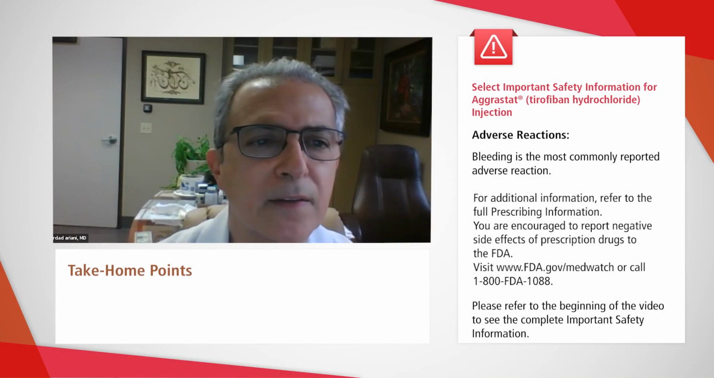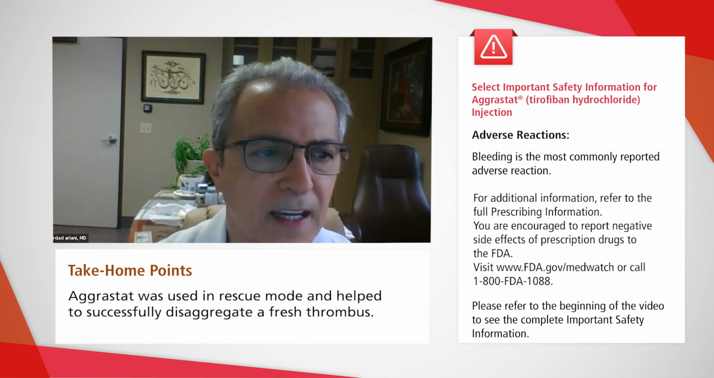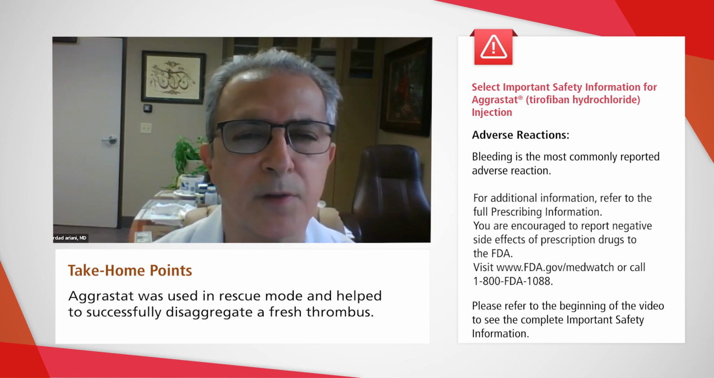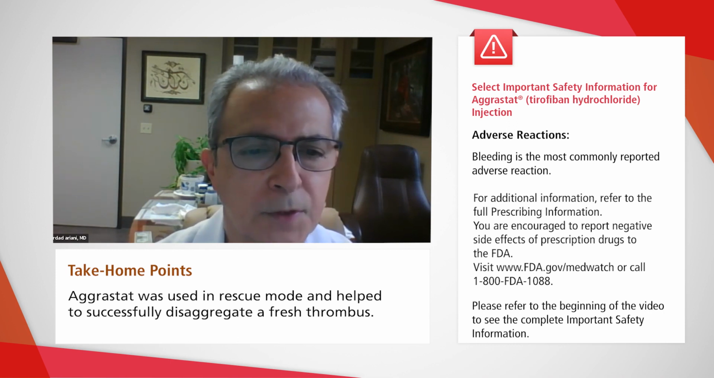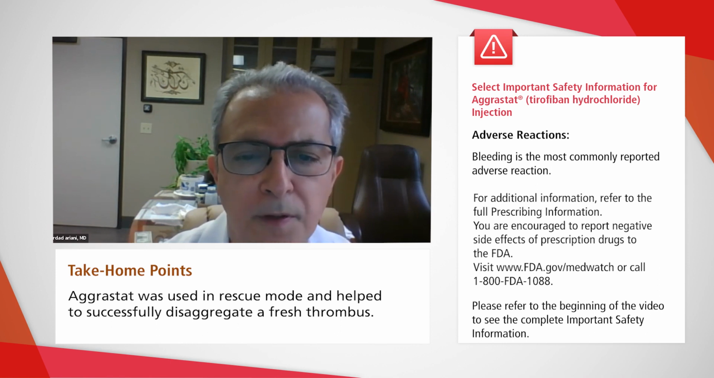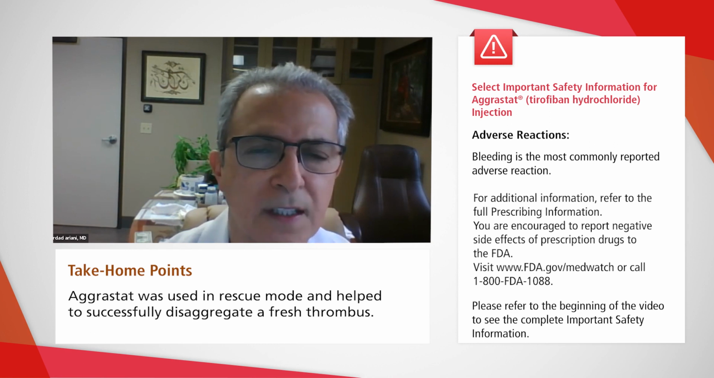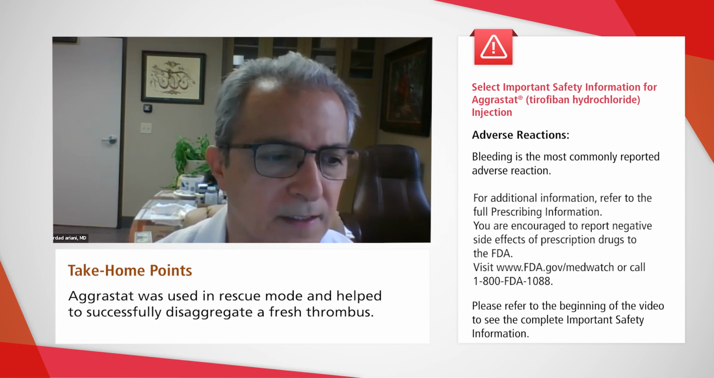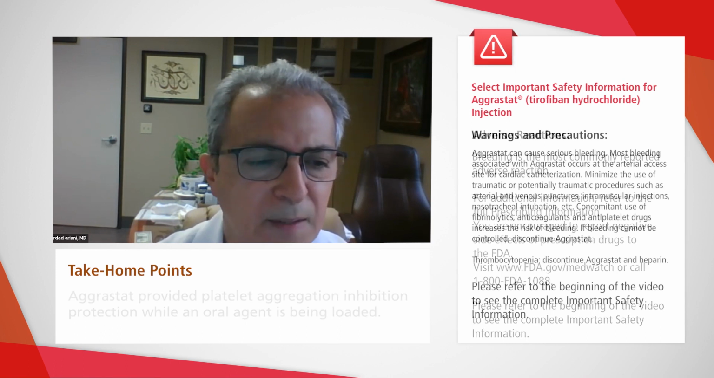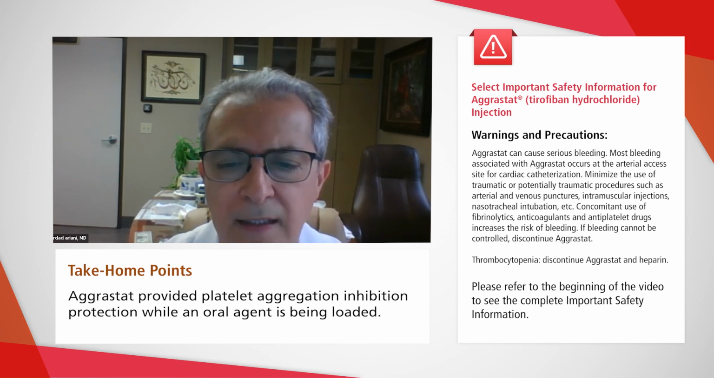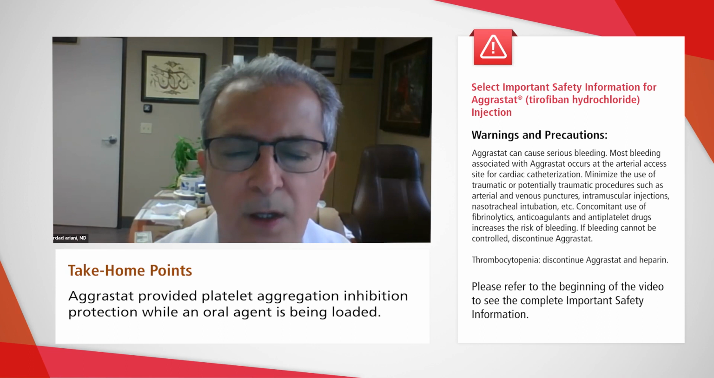These are some takeaway notes from this case. One, Aggrastat can be used in rescue mode. Two, in this case, treatment of intracoronary formed thrombus after stent placement, Aggrastat was successful in disaggregating a fresh thrombus. Furthermore, Aggrastat provides adequate antiplatelet therapy while an oral antiplatelet agent was loaded